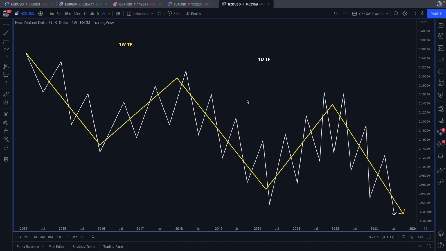So this is part 2 of this 2-part series that I've been doing for breaks of structure and displacements in the market. So last week we went over breaks of structure, what it entails, what it means, how we look for breaks of structure and how we can look to trade them. Now what I'm going to go over is displacements in the market and the difference between breaks of structure and